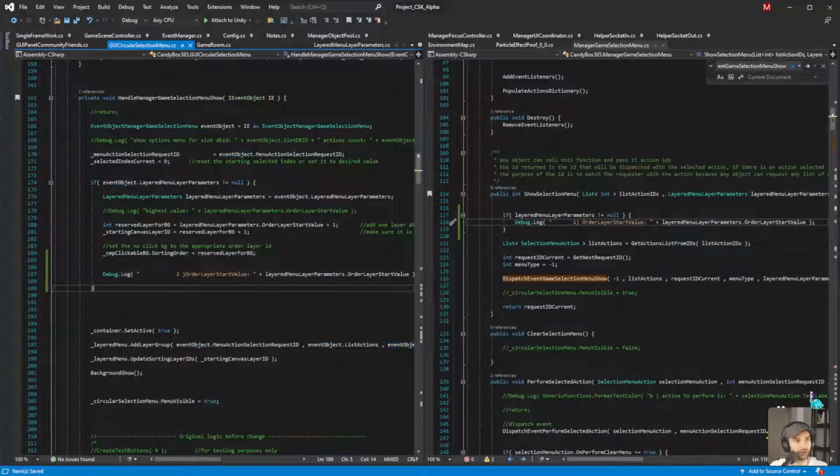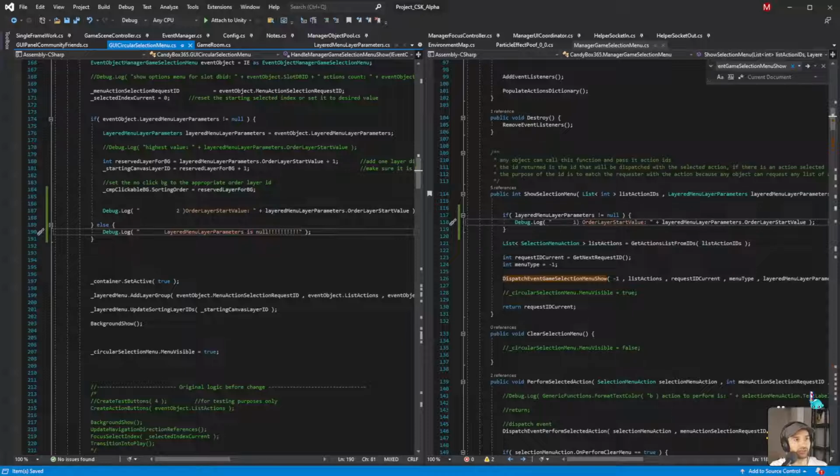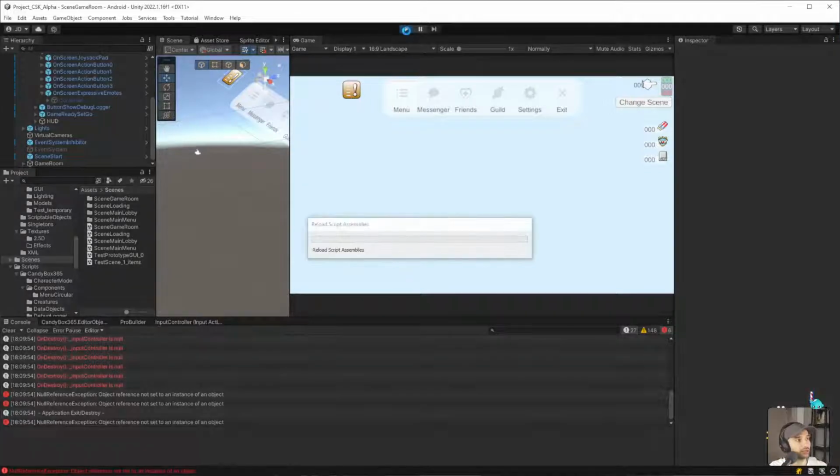Okay, so that means it was not null. So we'll say debug.log. Okay, so in this condition, it is null. And then I want to see it being null, and then we'll continue from this logical path moving forward.